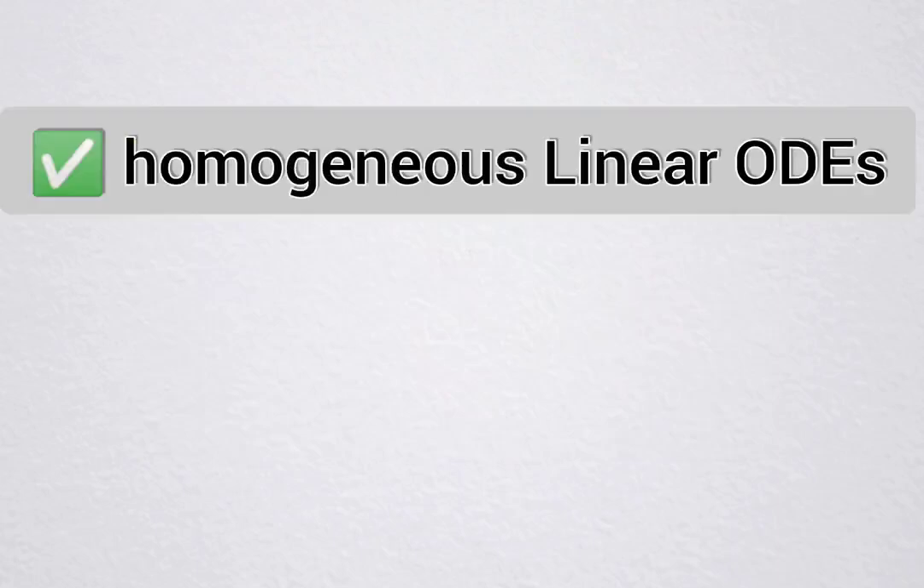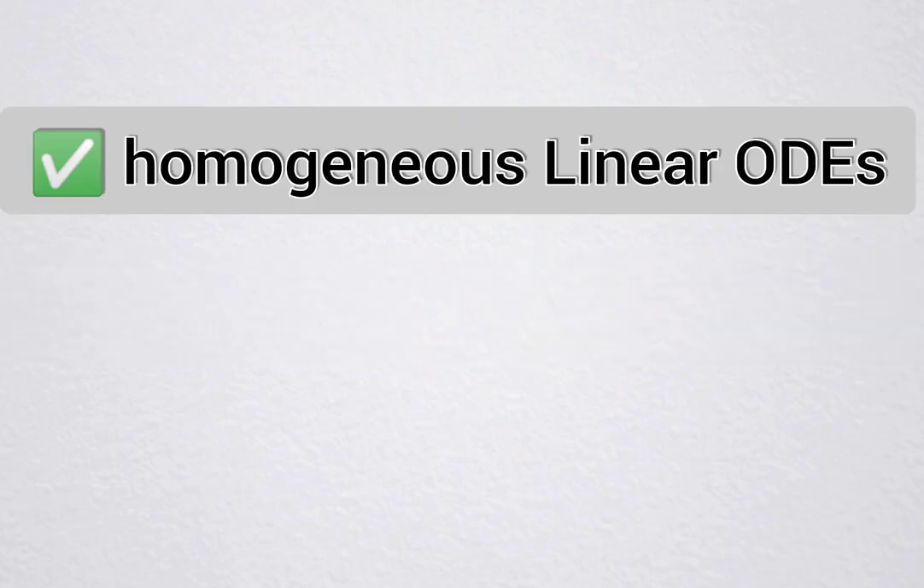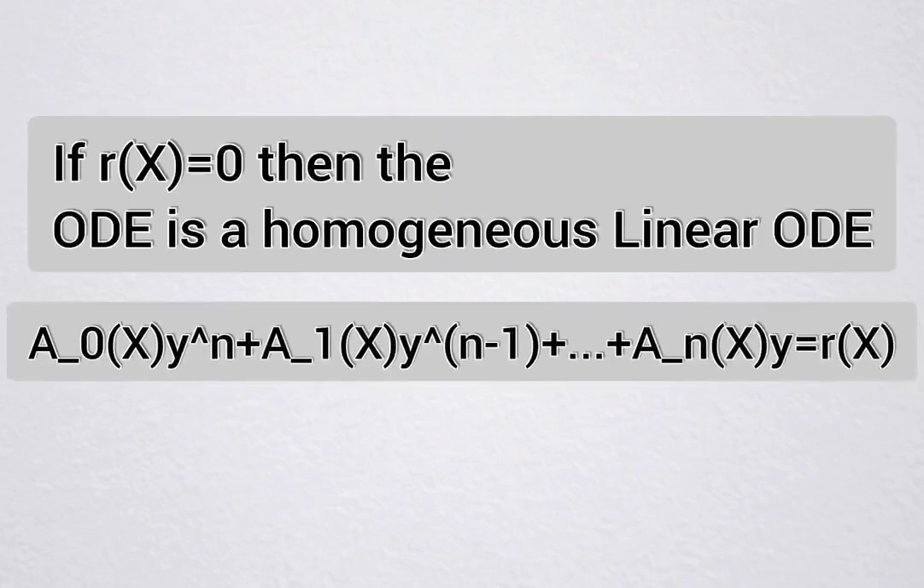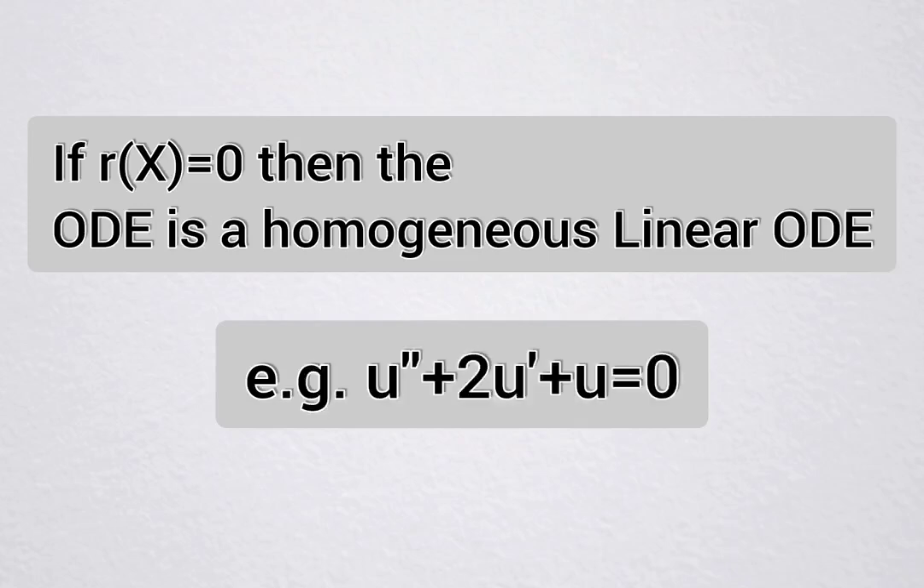Talking about homogeneous and non-homogeneous linear ordinary differential equations. A linear ordinary differential equation is said to be a homogeneous linear ordinary differential equation if the right hand side of our equation is equal to 0. What I mean is, if our r(x) is equal to 0, that means the given ordinary differential equation has no arbitrary function at the right hand side of it,